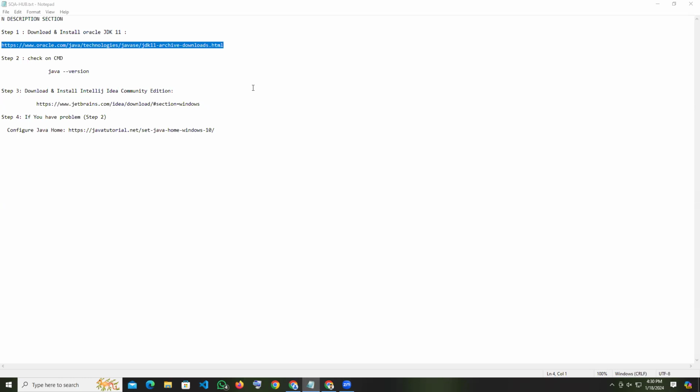Okay, if you want to download Java JDK 11 and install IntelliJ IDEA Community Edition, you have to follow the 4 steps. So just copy this